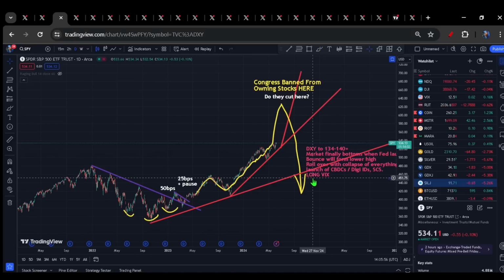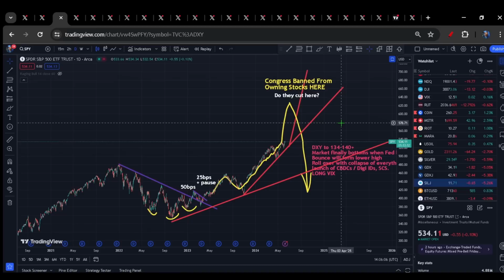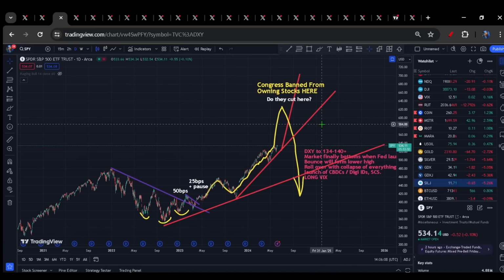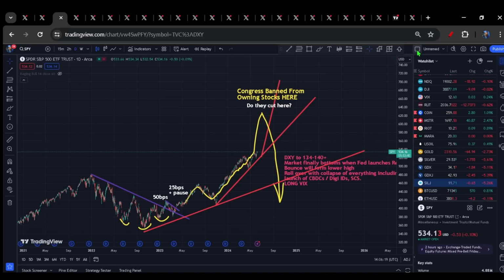I am open to seeing these invalidation levels flash. If they do, I am more than happy to hold my hands up and say this setup, this idea has been invalidated. And in fact, I actually would rather be invalidated, as I've also been very consistent in saying. I would much rather have a nice, slow, steady, up-only, Raoul Pal type, liquidityist type idea where they're just going to keep printing and this thing's going to go up forever and there's never going to be a bear market, there's no recession, there's no global deflationary bust.